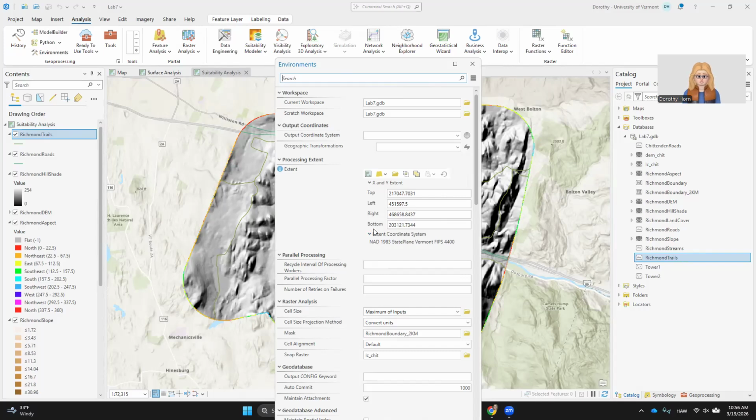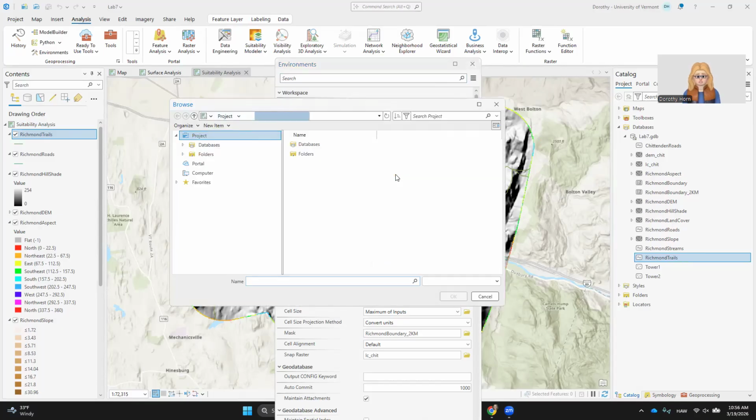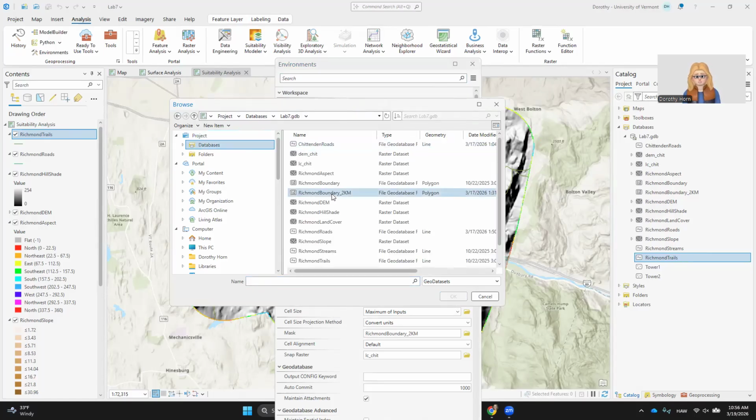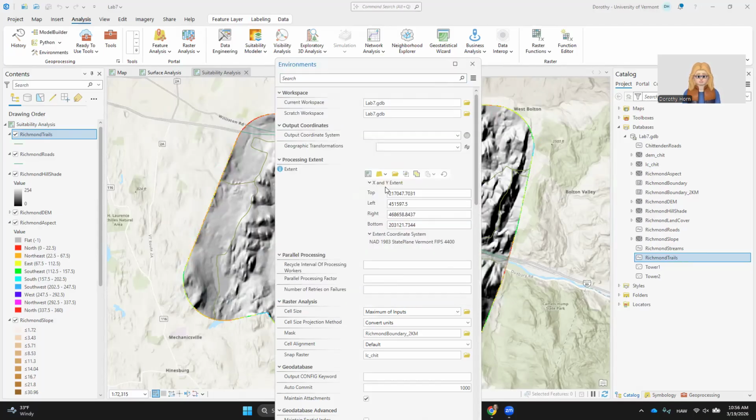The tricky part is if you aren't sure what this is supposed to be, you have two options. You can do the drop down again. However, look, none of these are here. So you're going to have to add this Richmond boundary over here on the right to have it be a part of the drop down. Or you can click on the browse button here. You can go to your databases, do it this way because you want it to be this Richmond boundary 2 kilometer. Okay. It's still set the same as it was before, but just in case, or if it was blank,